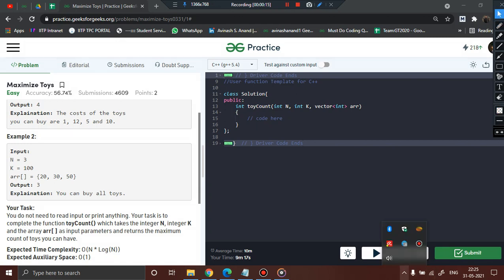A very basic problem. So let us see now what the problem is basically. So basically, the problem is maximizing toys. Now, if we just go through the problem statement,